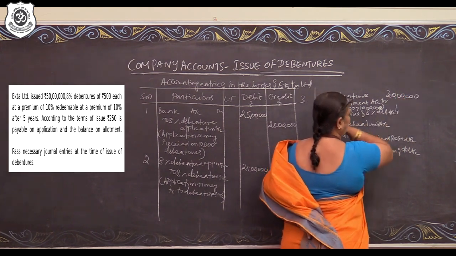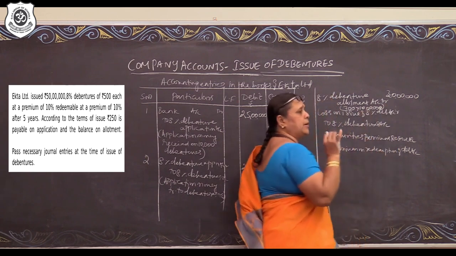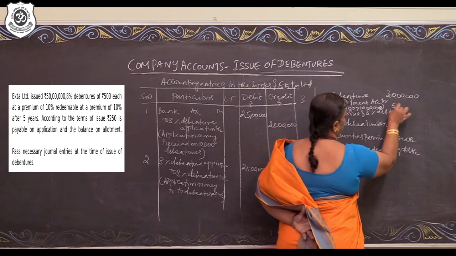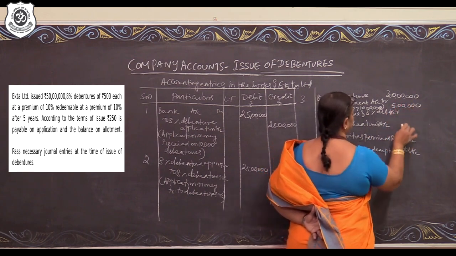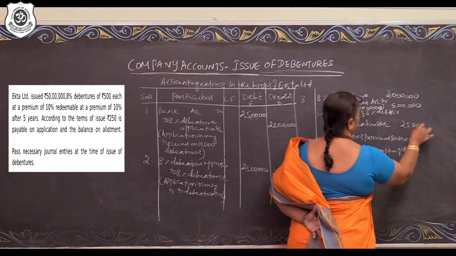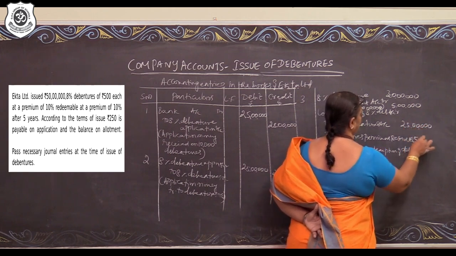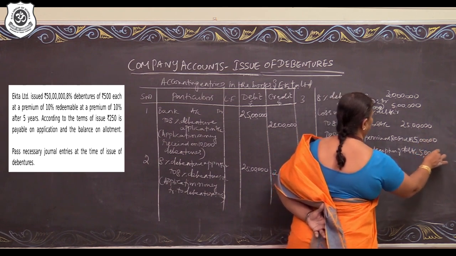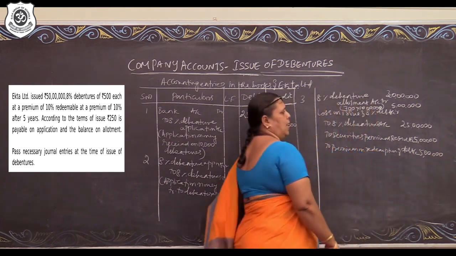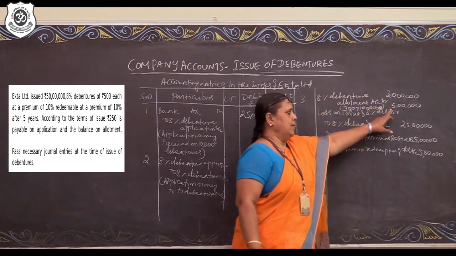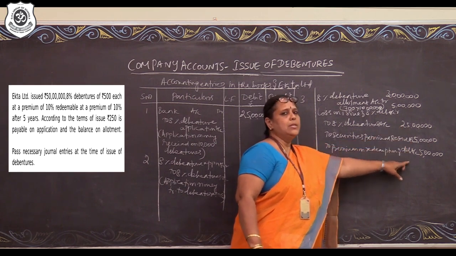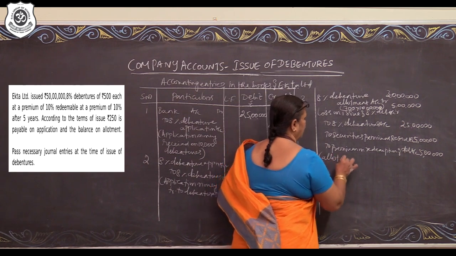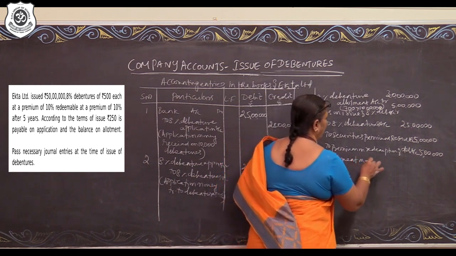Then, again, 50 rupees into 10,000 gives you 5 lakh rupees. Here, this will be 25 lakhs. Securities premium reserve will be 5 lakhs. And premium on redemption of debentures will be 5 lakhs. So, you have 30 lakhs plus 5 lakhs, which is equal to 25 lakhs plus 5 lakhs plus 5 lakhs. Fine. So, allotment money made due